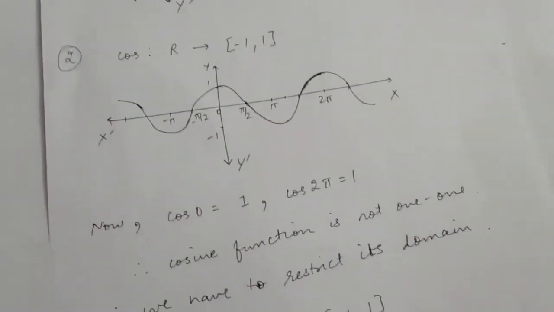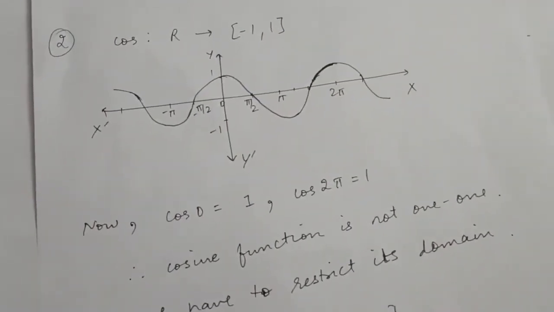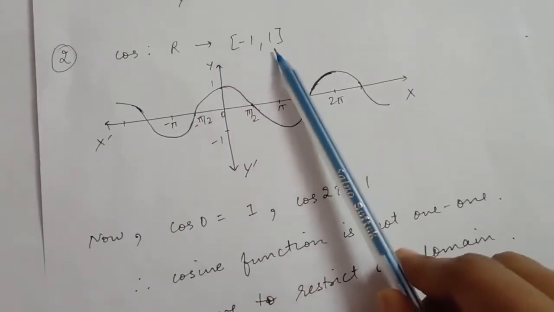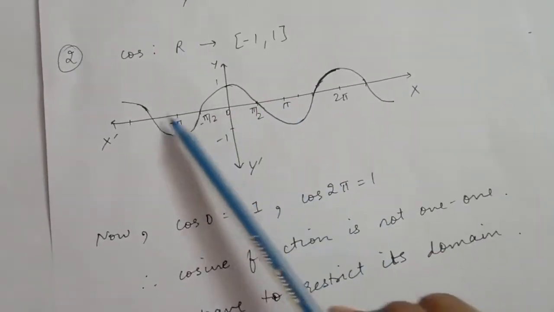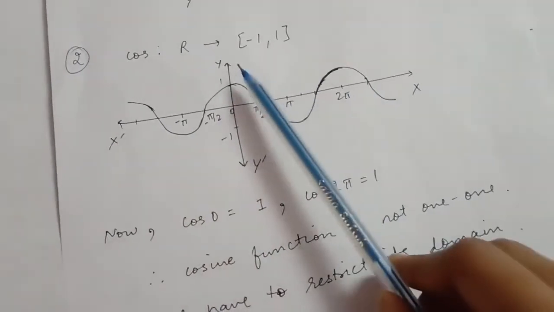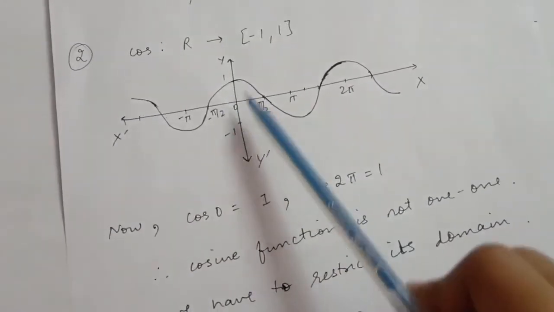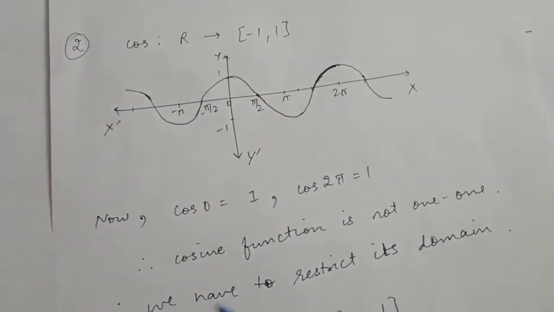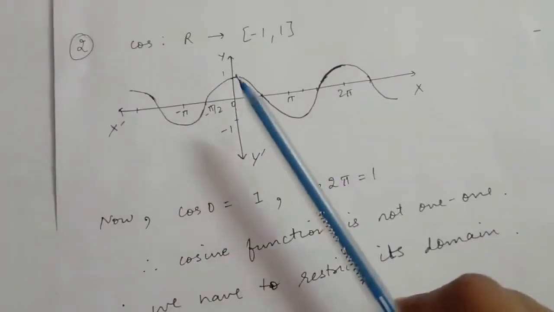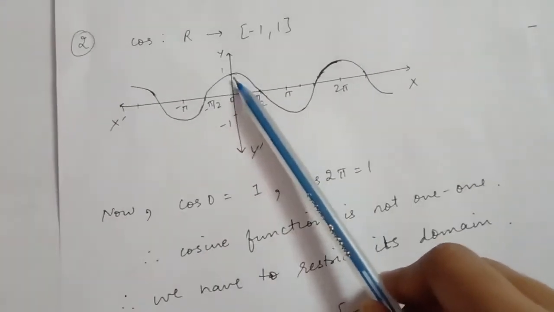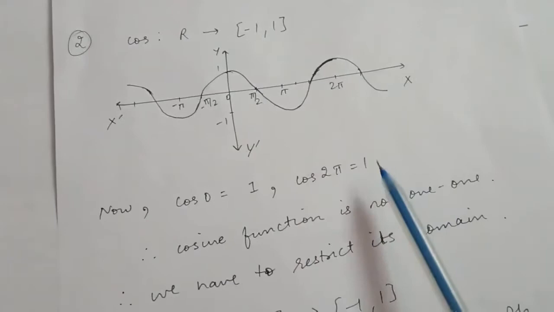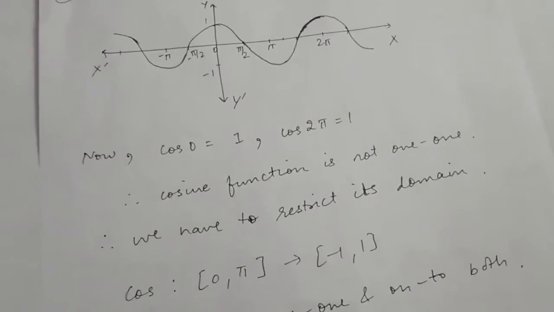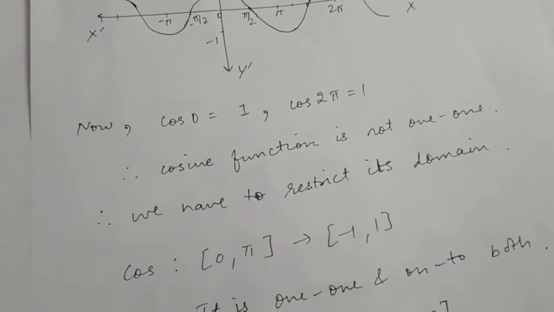Now we will discuss one more inverse trigonometric function. So you know the function of cos is from R to -1 to 1, right? That is, the domain is the complete real set and the range is from -1 to 1. But again we can see this function is not 1-1, and therefore its inverse can't exist. Why? Because see, at 0 the value is 1, at 2π you can see the value of cos is 1, right? So at different values of x we are getting the same value of cos, therefore the function is not 1-1 and the inverse can't exist.